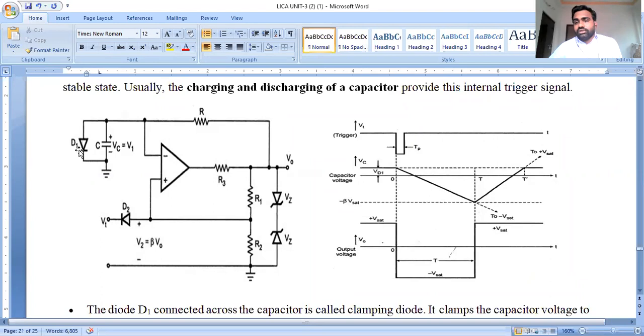Whenever the diode is in forward biased condition, this is a germanium type diode and the operating voltage is around 0.1 volts. So the capacitor is controlled with respect to this diode. That's why it is called a clamping diode. The capacitor operates up to 0.7 volts. If we operate beyond 0.1 volts, this diode will get reverse biased and it would get short circuited. Next, these two are Zener diodes, and this is our rectifier diode.